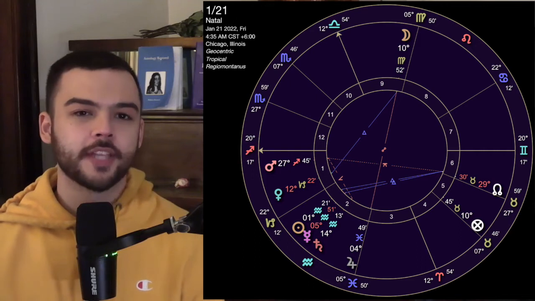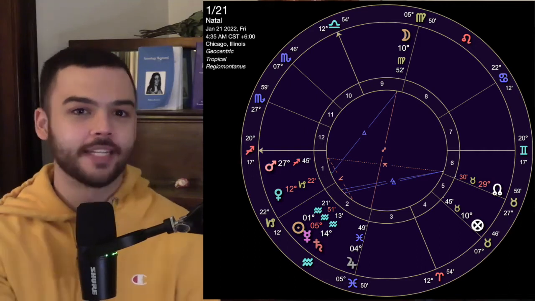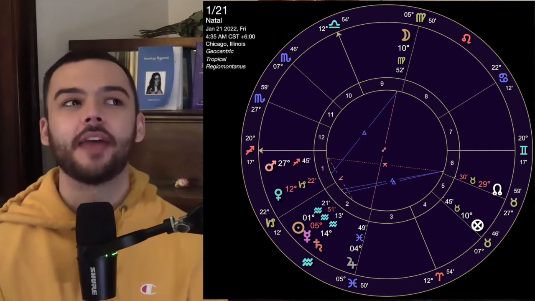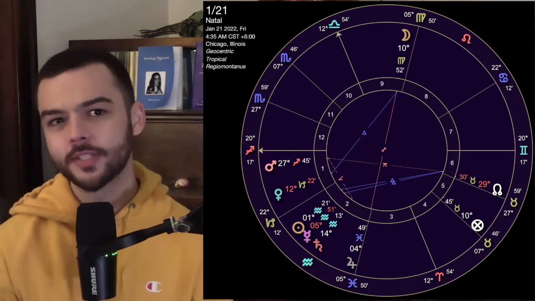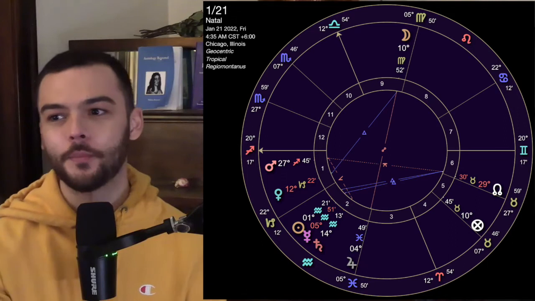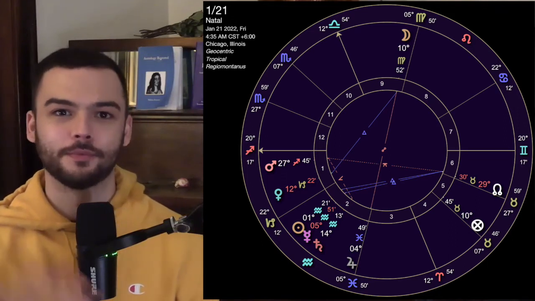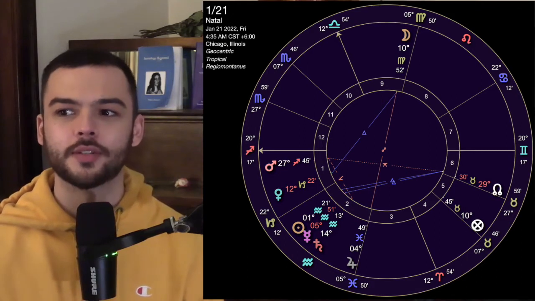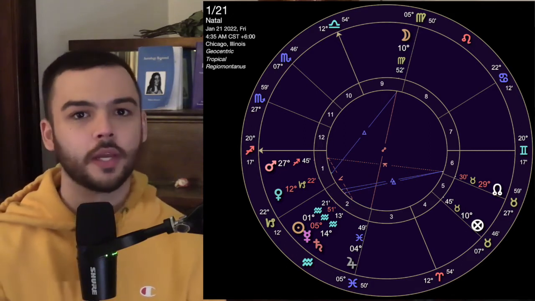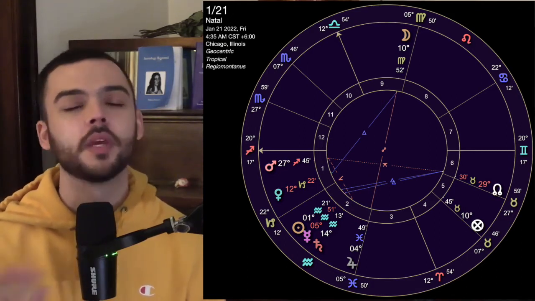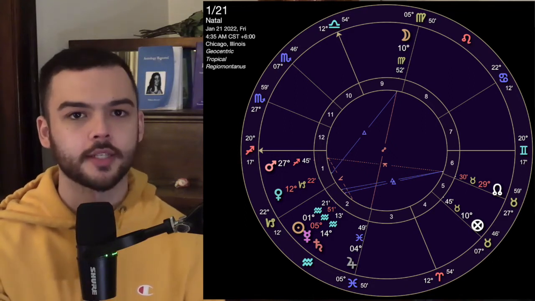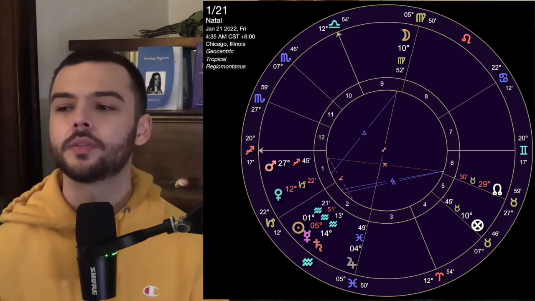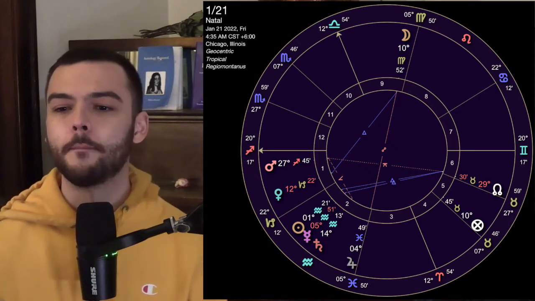So if we have the first house, we have the actant, the actor, whoever that is. And then the midheaven, we have what's going on, what is the action really about? This 10th house cusp really shows us why, what's going on here, what's being offered, what's being produced, what's being practiced. So with Venus retrograde ruling that place and it's in the second house,